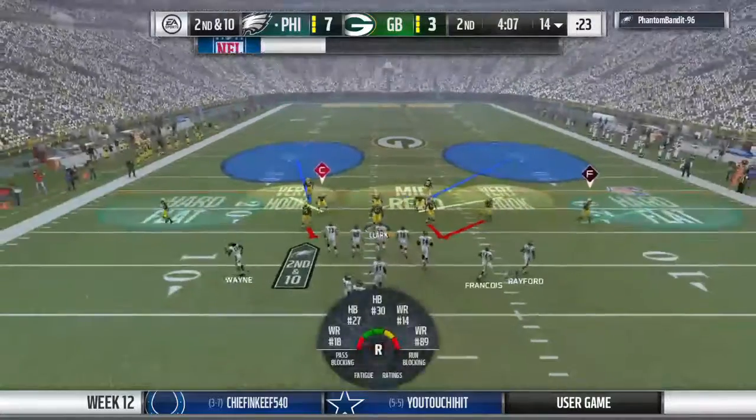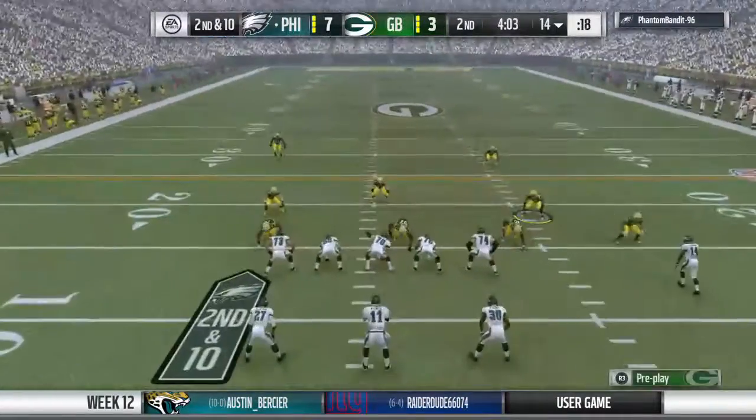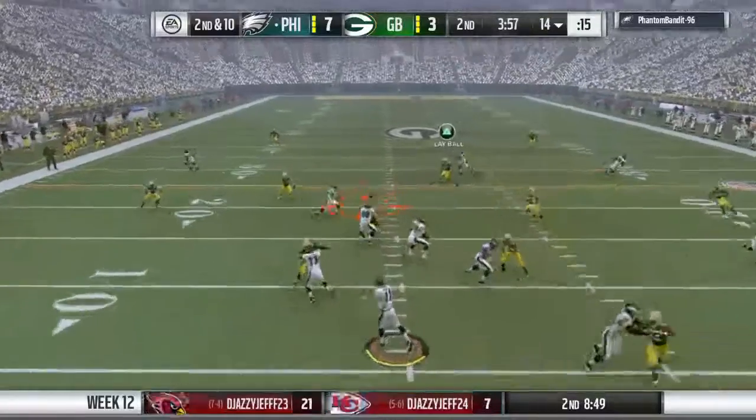Here comes the D swarming to the line. 1 receiver left, 2 to the right. Let's go. Green, 30. Now Wentz throwing on 2nd down. Throwing